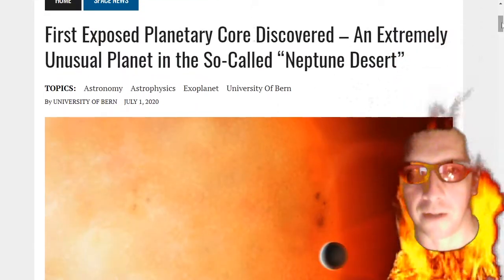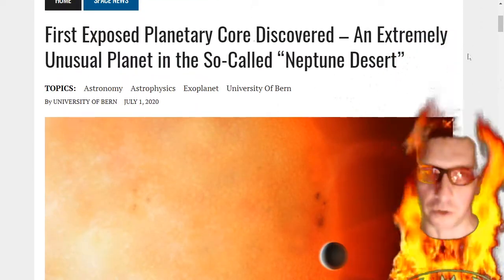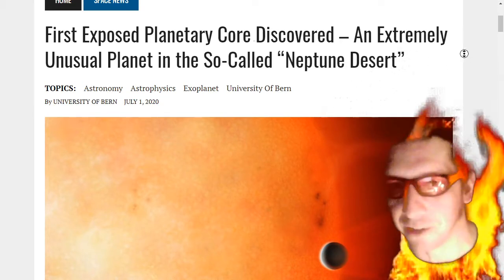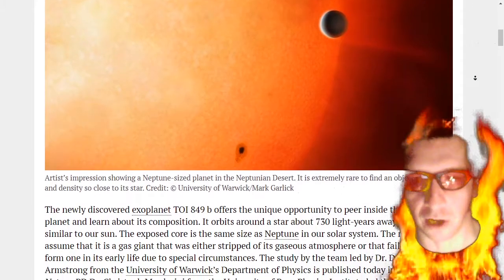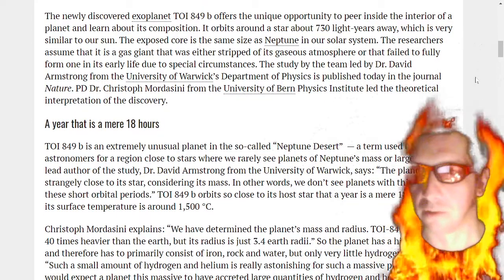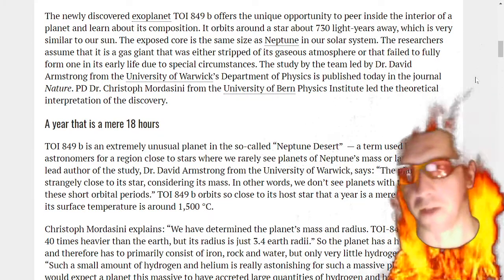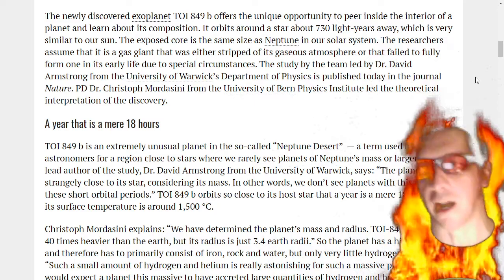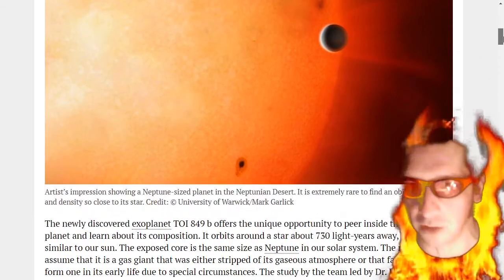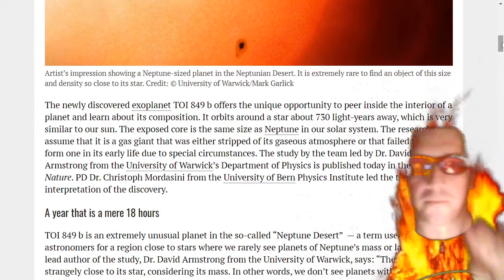First, let's talk about exposed planetary cores discovered, an unusual planet in the so-called Neptunian desert. In other words, this thing is orbiting a sun-like star way too close. Now, this star is called, I don't know, but the exoplanet's called TOI-1853. And there's a reason why I don't cover exoplanets often on the channel. It's because I find exoplanet studies to be irrelevant, especially when we don't understand the way the sun actually works. All that aside,